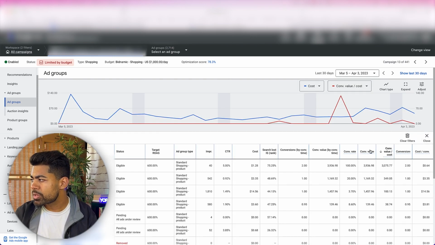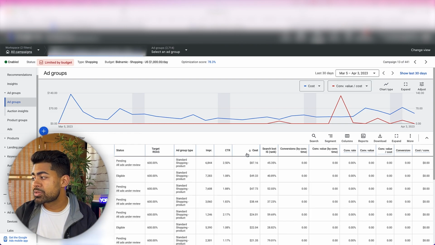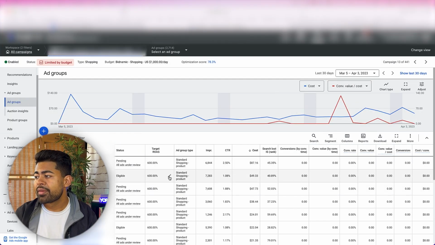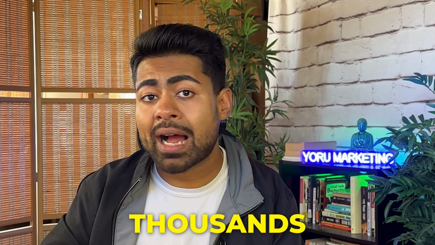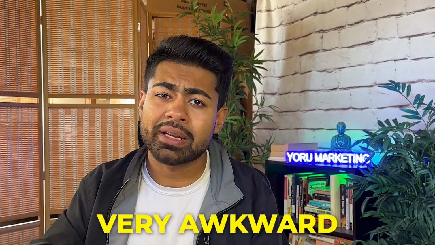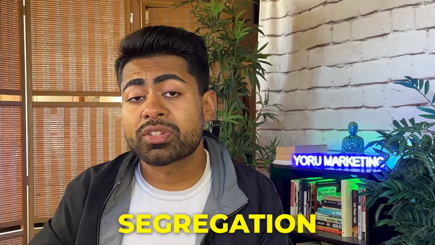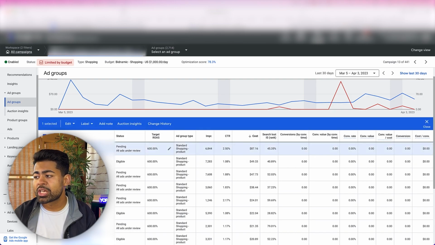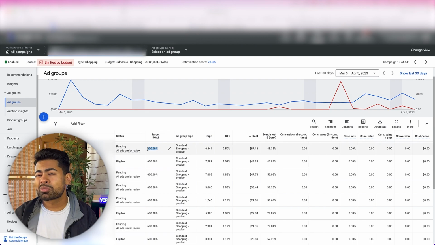Because if we remove this one more time and rank it by the most ad spend to the least, we can see the top one has barely spent $87 in the last 30 days, whereas the average order value for this brand is thousands and thousands of dollars. So along with making changes every single day, there's a very awkward strategy when it comes to the overall segregation of the campaigns. I do recommend you segregate your campaigns, don't get me wrong, and this is doing that in the sense of segregating, but they're going above and beyond, with this weird strategy of having each individual product go inside each individual ad group, and every single ad group is running at a